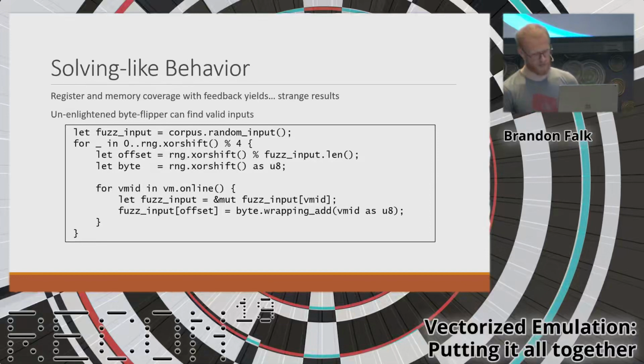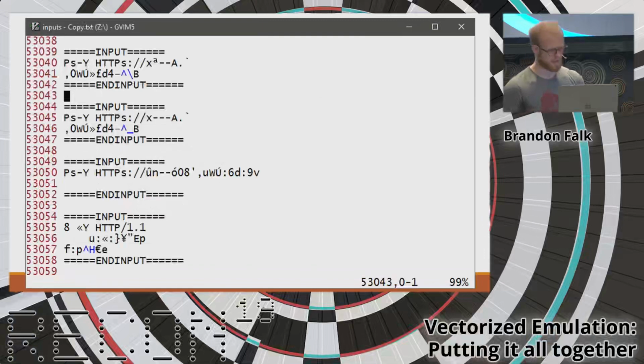And I pointed this at http.sys in the Windows kernel. And this is what I got after about 10 seconds of fuzzing: I started getting strings like https://, I got an http/1.1. And while this looks like garbage, you have to remember that this was found without knowing that it is an HTTP parser. I didn't tell it to look for these strings. I didn't seed it with this information. It started with an empty corpus with completely nulled out inputs,